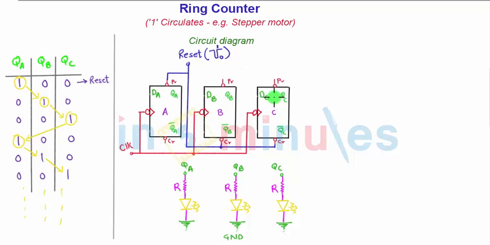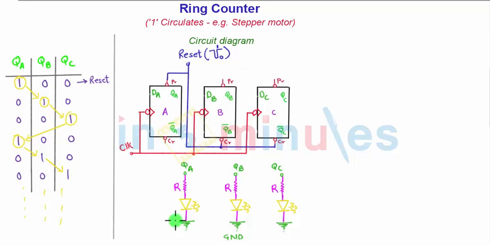The second most important thing is that this ring counter is a synchronous counter. Clock to A, B and C are given simultaneously. As you can see, there is a clock line and all the clock inputs are shorted to this line. So for each clock cycle all 3 outputs will change. B and C are not dependent on A or B. A, B, C are independent and they will shift their position for each clock cycle.